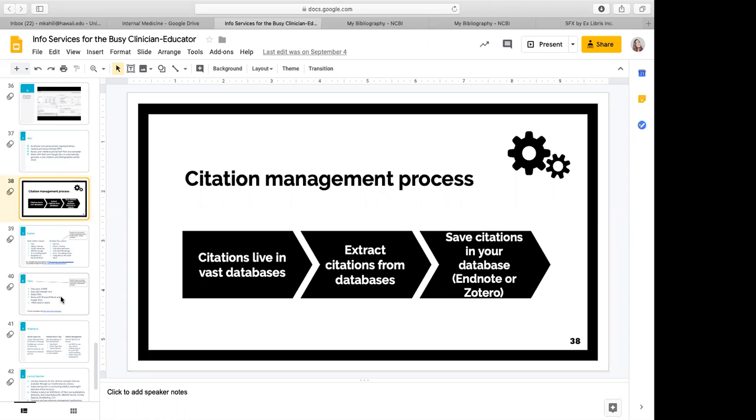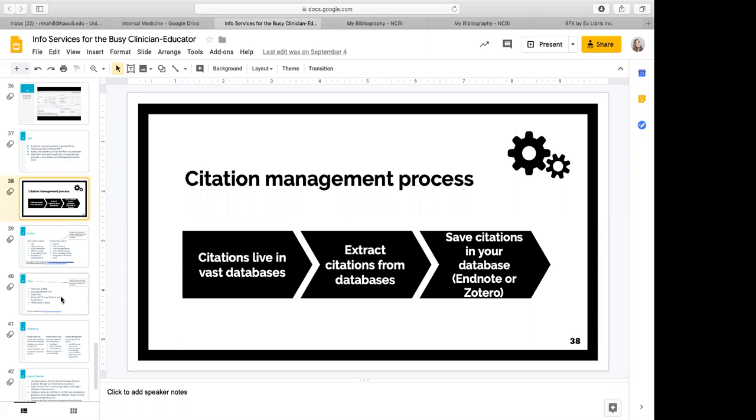It didn't used to be. So it does a lot. It's very powerful, but taking the time to learn how to use it, that's what librarians are for. But Zotero is similar to EndNote in that they're both meant to extract your citations,